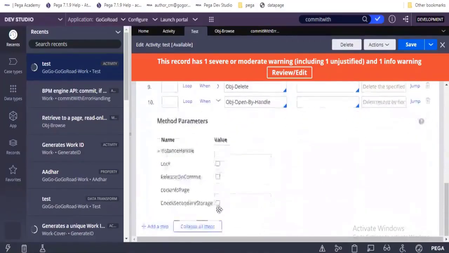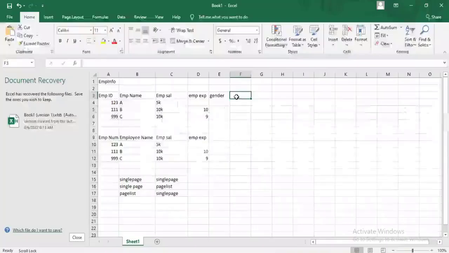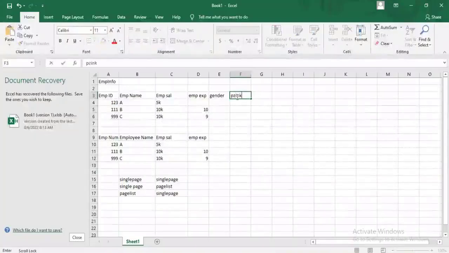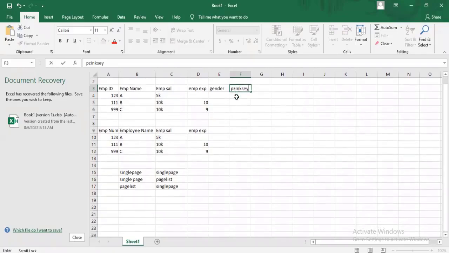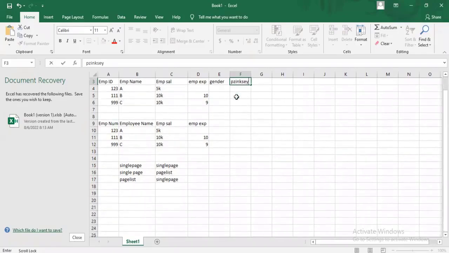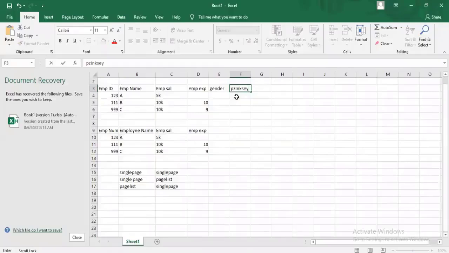Okay, in Pega, every table will have a column called pzInsKey. That is for Pega internal processing. Actually, pzInsKey is also unique.